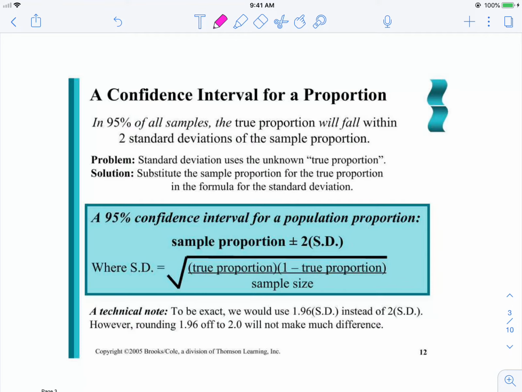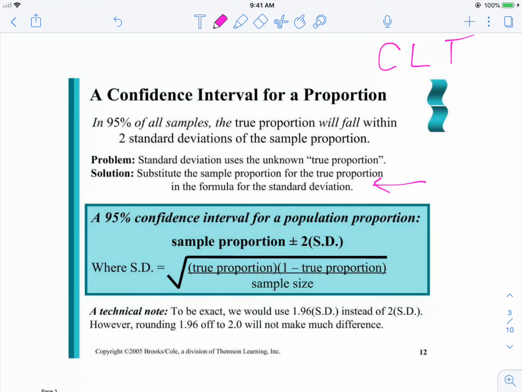So what we're allowed to do, and this is proven to be true as part of a bigger idea called the central limit theorem, is it allows us to substitute in sample values instead of that population value. So we're going to substitute in the sample proportion for the true proportion in that formula for the